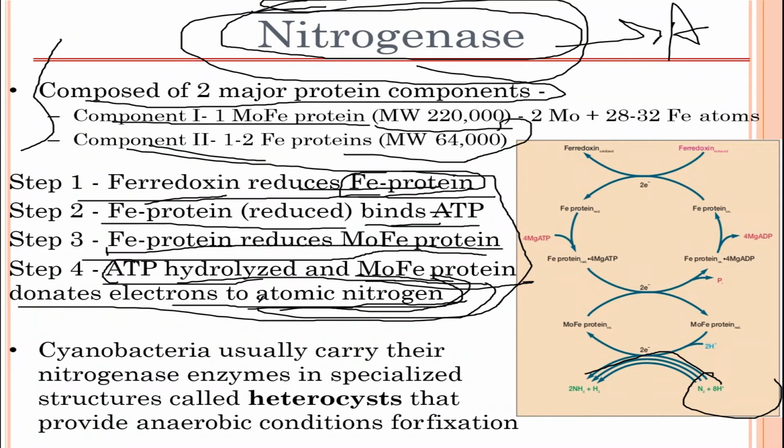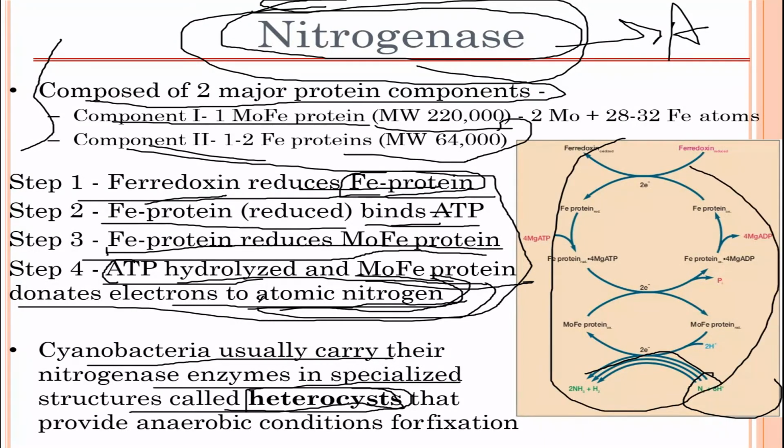Yeah. So these cyanobacteria usually carry the nitrogenase enzymes in specialized structures called heterocysts. So this is one important thing which might come in your MCQ. So these nitrogenase enzymes are stored in cyanobacteria in specialized structures known as heterocysts, that provide anaerobic conditions for fixation. Alright,